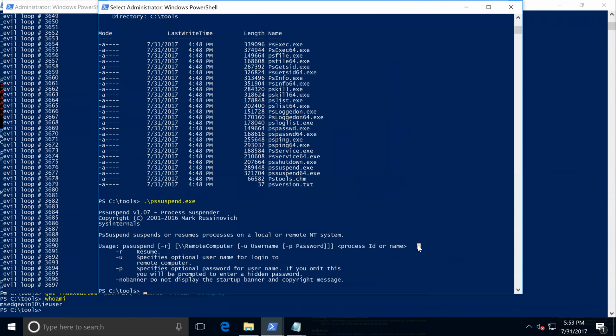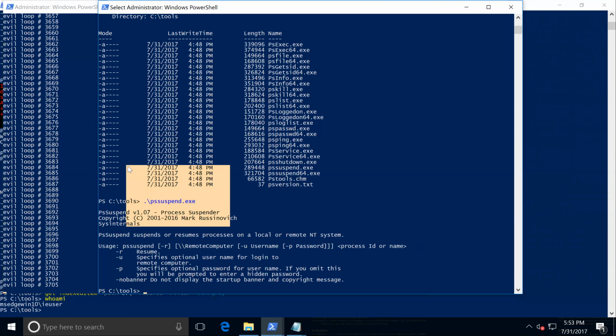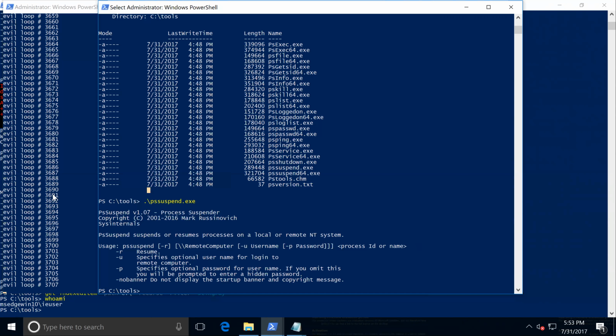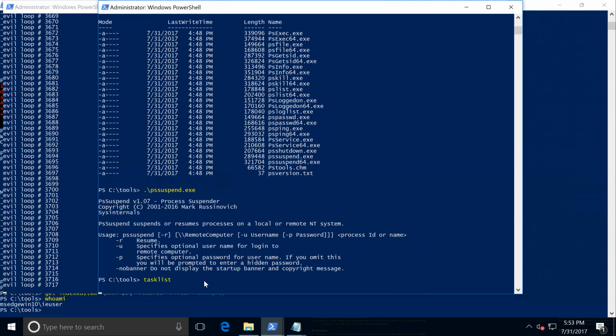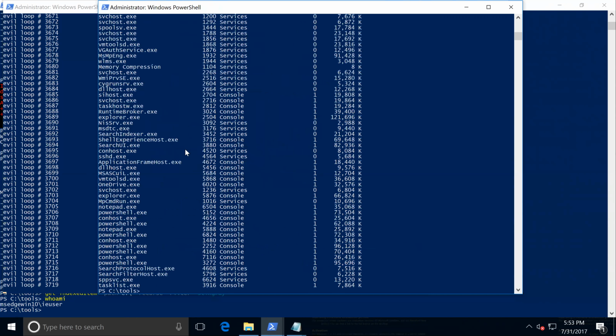So what you can do is find out what command or process ID this particular process is running at. And there's a couple ways that you can do this. Some of you might be familiar with tasklist, and see the different tasks. And you might even do something like findstr